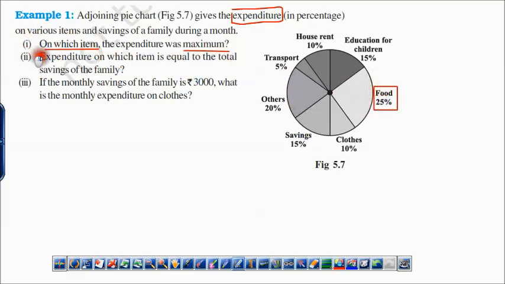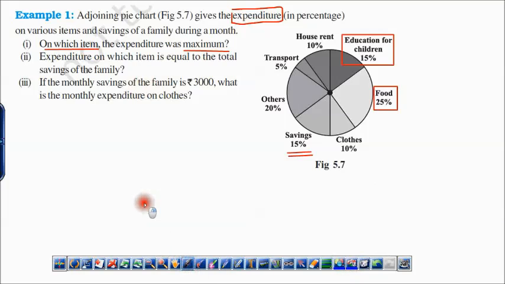सेकेंड क्वेश्चन, एक्सपेंडिचर ऑन विच आइटम इज इक्वल टू टोटल सेविंग्स ऑफ द फैमिली. सेविंग्स जितना खर्चा किस पे होता है 15% है. एजुकेशन फॉर चिल्ड्रन 15%. आंसर इज एजुकेशन. And third question, if the monthly saving of the family is 3000, what's monthly expenditure on clothes? ये बहुत इंटेलिजेंट क्वेश्चन है